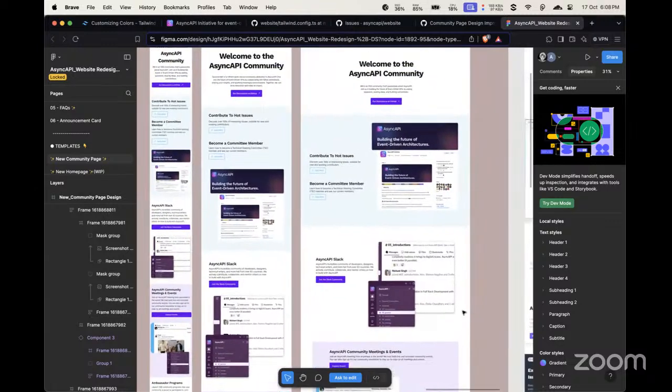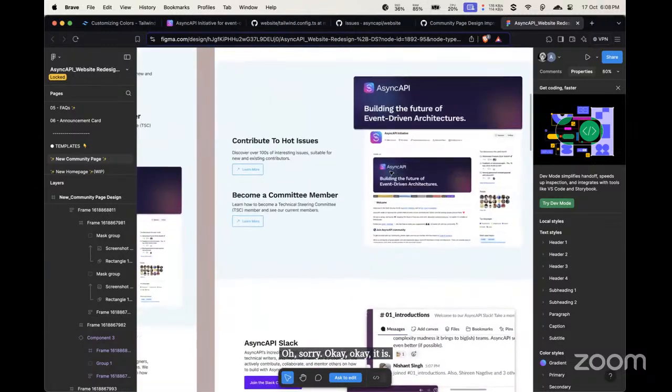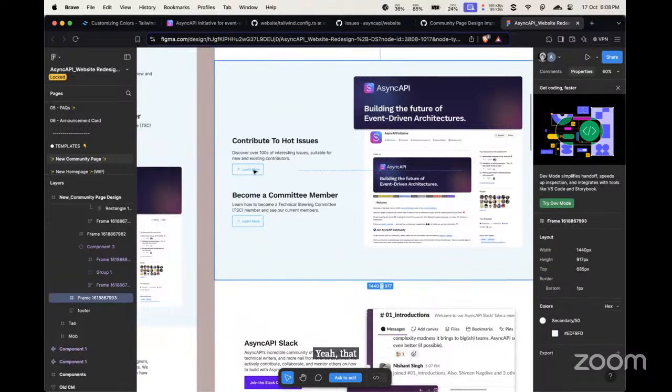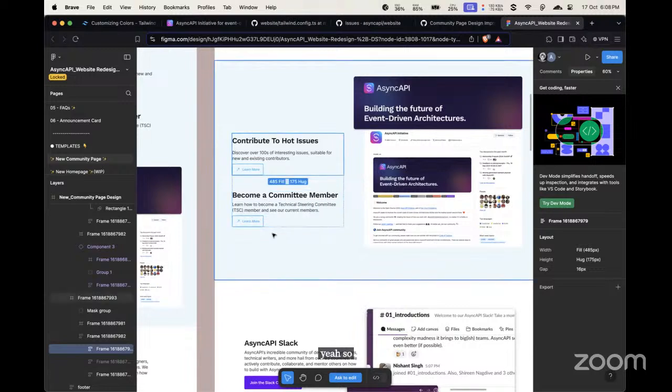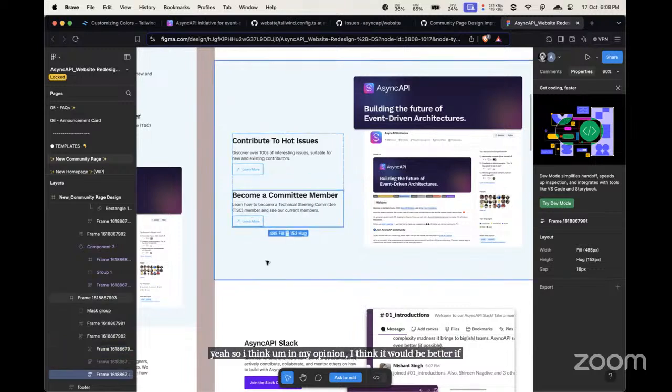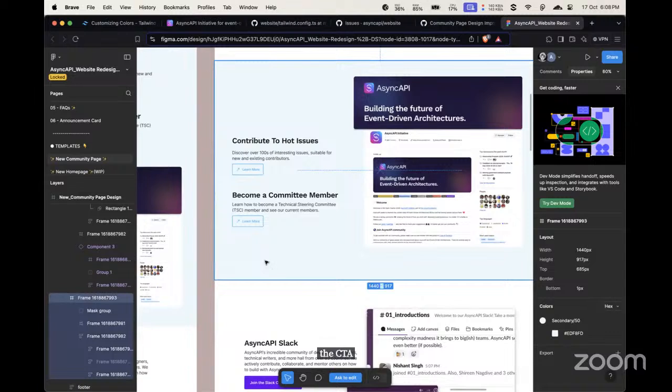Learn more, yes. Okay, let me see, this one. Yeah, that one. So you mean these two. Yeah, these two. In my opinion, it will be better if the CTA buttons are very contextual, so that users who are using screen readers will know where the button is taking them or what action they're going to perform.